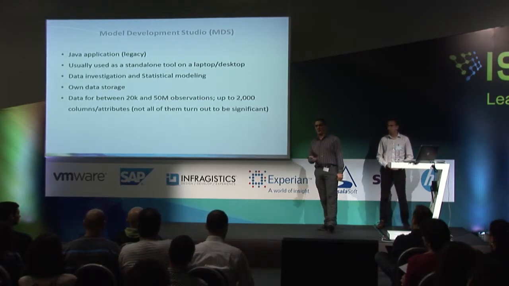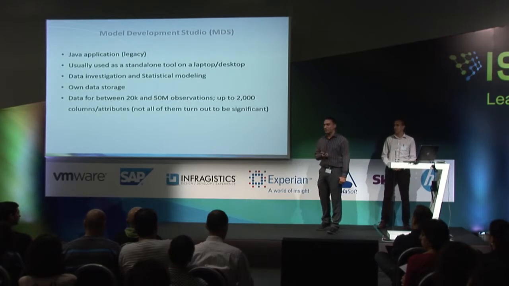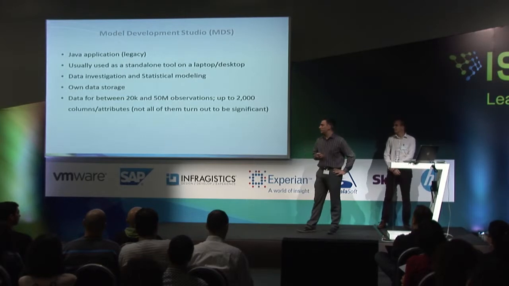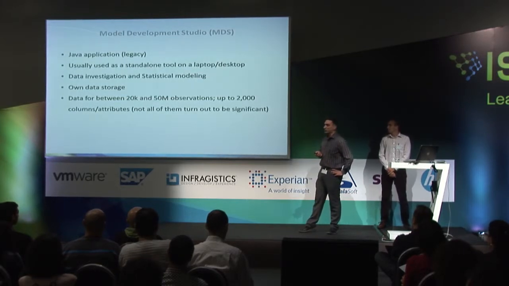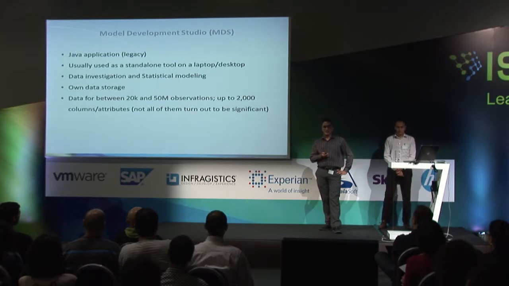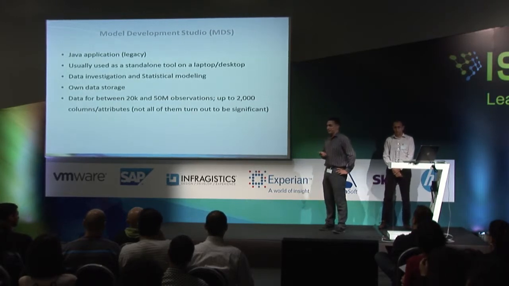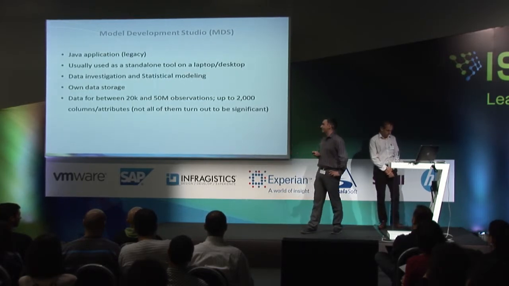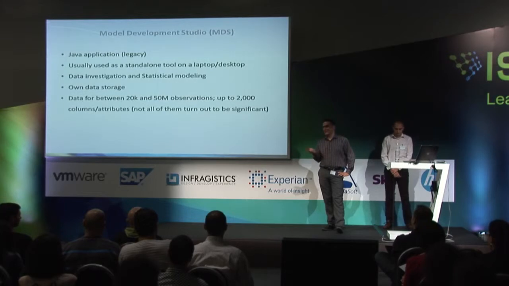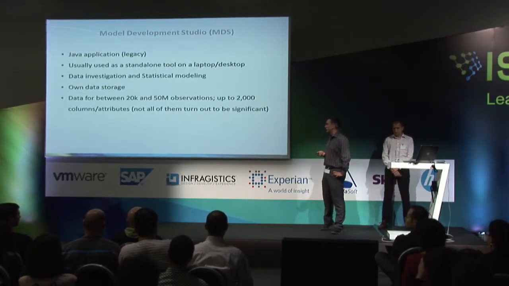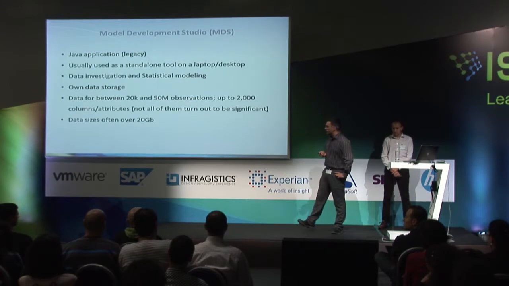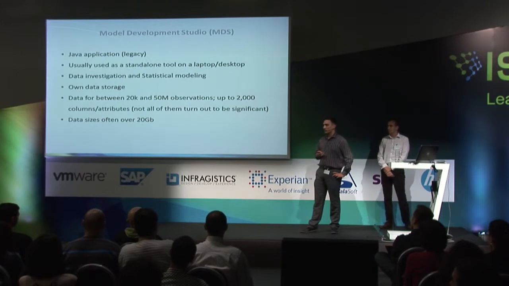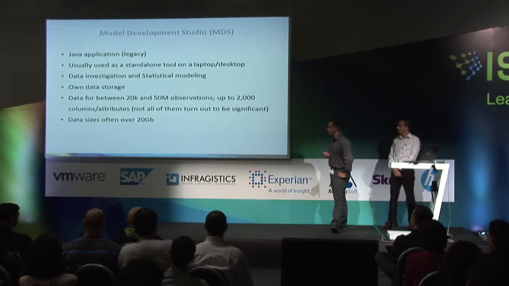Like when you pay your credits, when you use your credit cards, when you buy a car, and all of these things are collected and analyzed within this software. Of course, not all of these attributes are statistically significant. For example, the color of your eyes is not correlated to the amount of credit you have, or to whether you turn out to be a good or a bad customer. Sometimes data sizes range well over 20 gigabytes, so it's important that we process this quickly and develop models quickly.